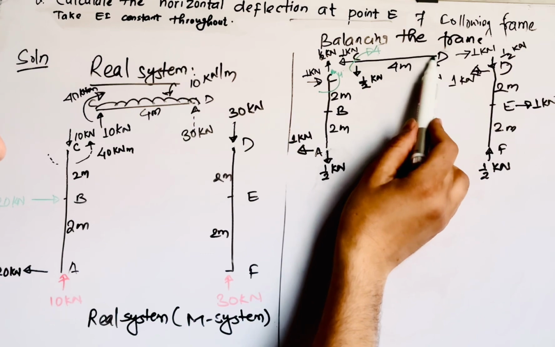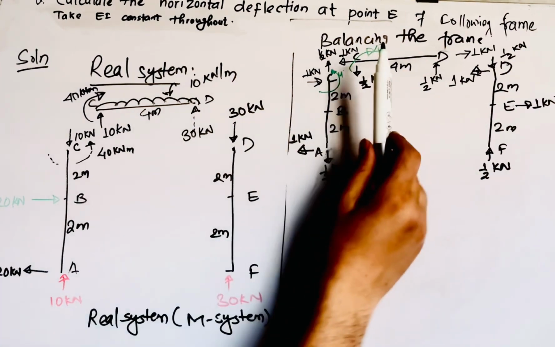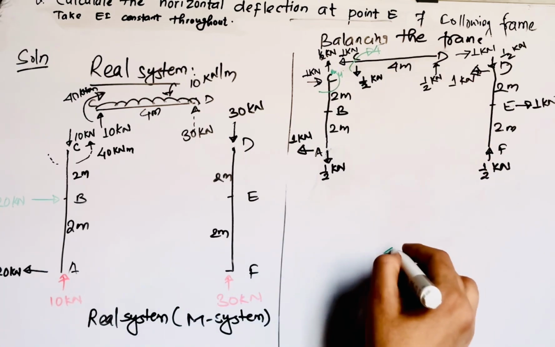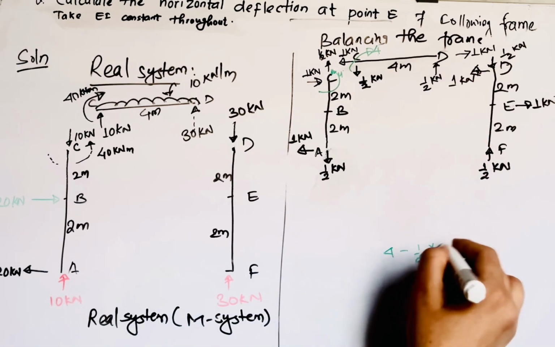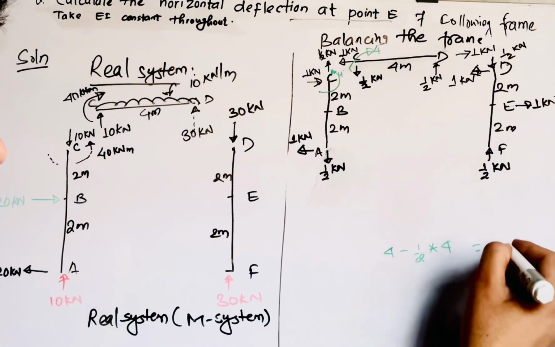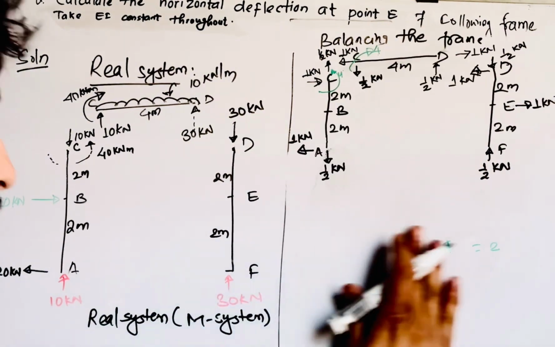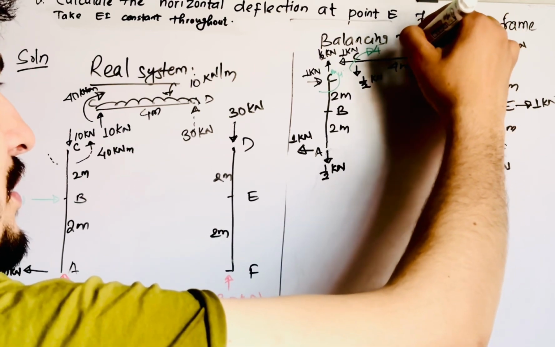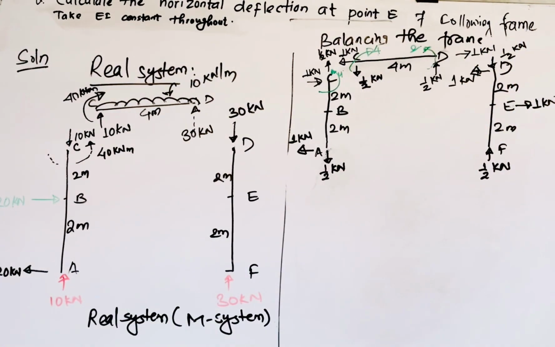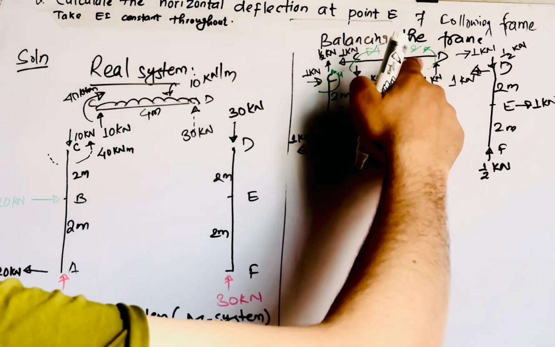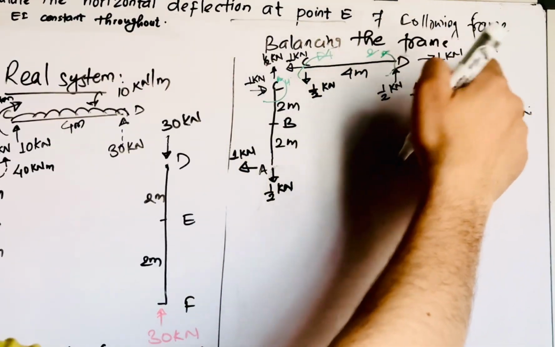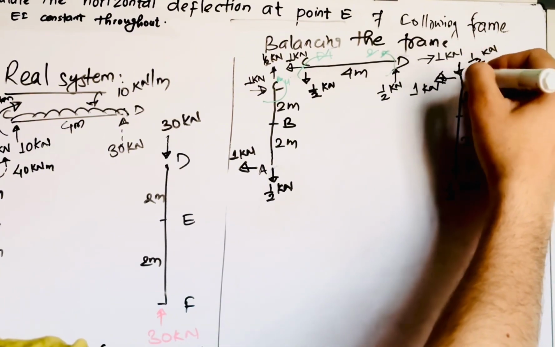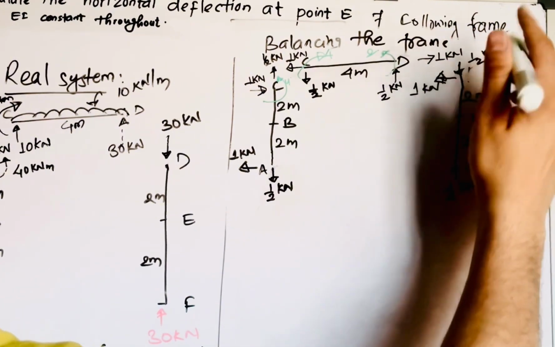So what will be the moment about D? That will be 4 clockwise minus 1/2 into distance 4. So that will be 2 kilonewton meter of clockwise moment. To balance this you need to apply 2 kilonewton meter anti-clockwise moment. This will be 2. Now since the joint transfers the moment at joint D, 2 anti-clockwise, so at point D the moment occurring is 2 kilonewton meter